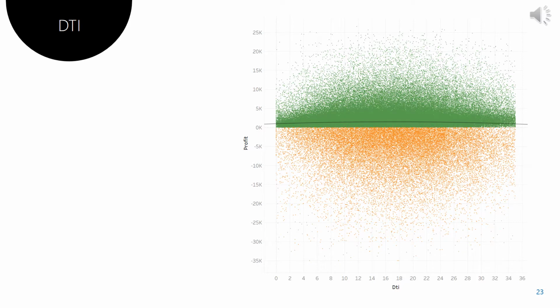The last variable we'll look at is DTI, debt to income ratio. This is an interesting one. It is continuous, so we're using a scatter plot. And what we see here, if you look at the trend line and the plots themselves, you see a curved relationship. With our other continuous variables, we had a straight line moving from down to up. This is more of a curved relationship. That's known as a high order effect.